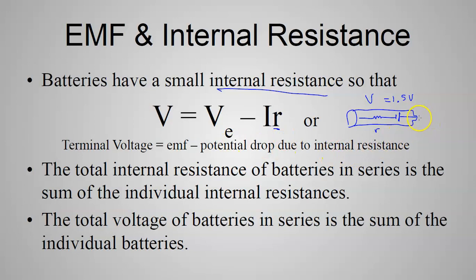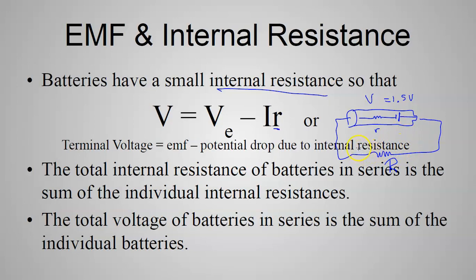Once you hook this up to a circuit, then it would come on around and you would have some kind of other resistance in the circuit. Maybe there's a switch and maybe there's some other stuff too, but that would be big R, the resistance of the whole circuit. This little r is what we're interested in right there. You can see it's in series with that one, so it's not hard to add it